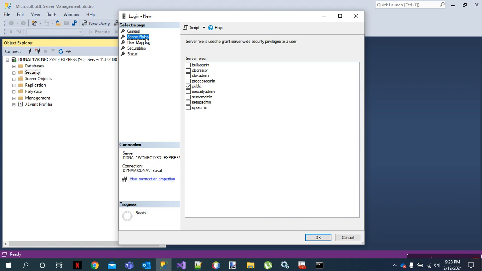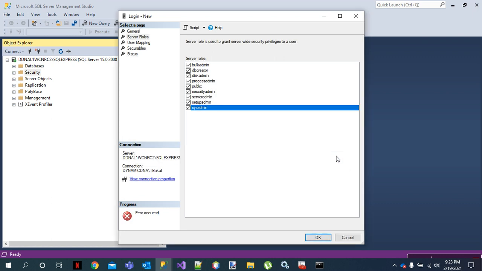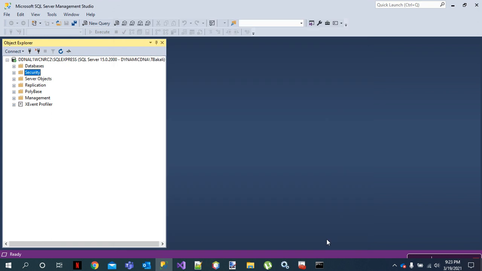Because I'm creating an admin user, the next thing I'll be doing is ticking all of these roles here under server roles, right? So there you go, making sure that this user I'm creating is also a super user, right? Everything that I want this person to have. So next I press OK. Okay, I've actually turned on this one, so I need to turn it off. Press OK. Okay, there we go.